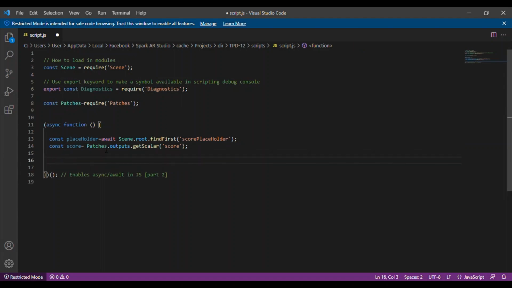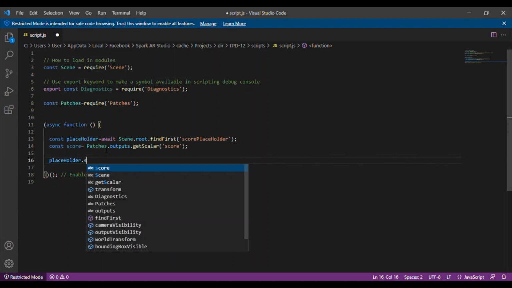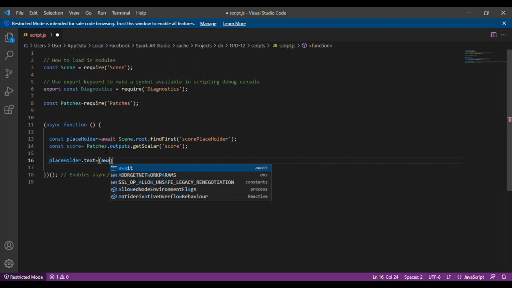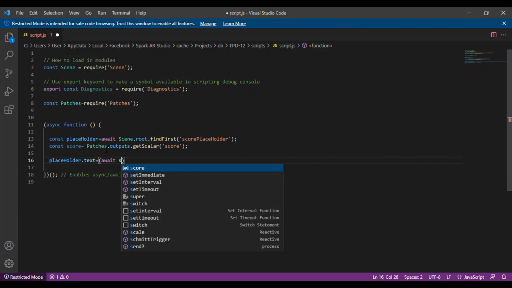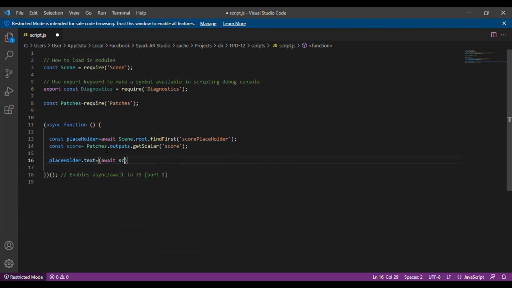Then we're going to bind these two, so we're going to say placeholder dot text is equal to brackets await score, lowercase, and we need to change that to a string, and there we go. So let us save this file,